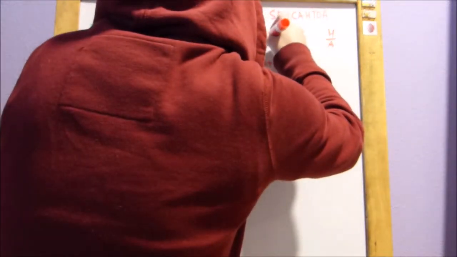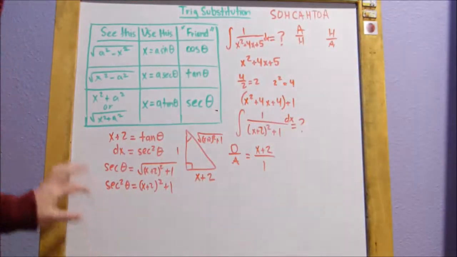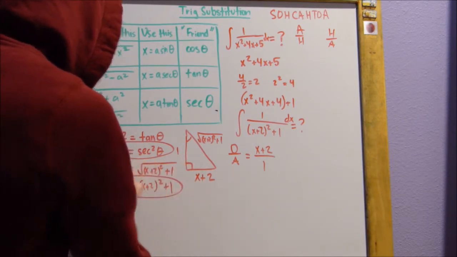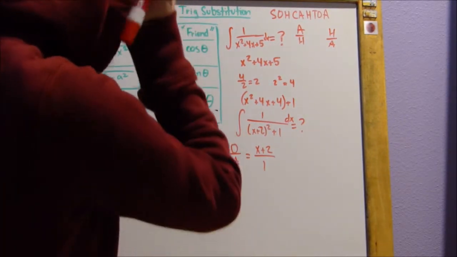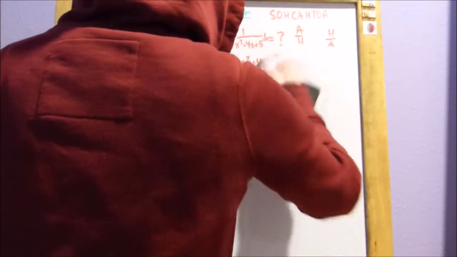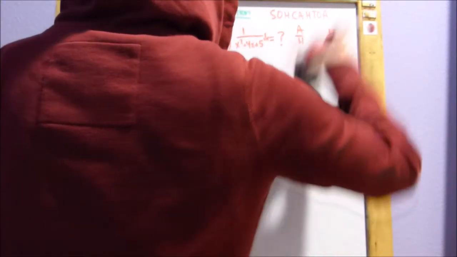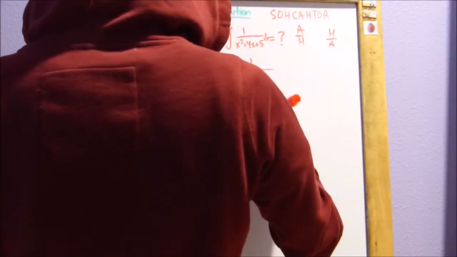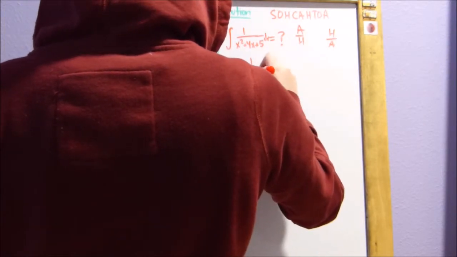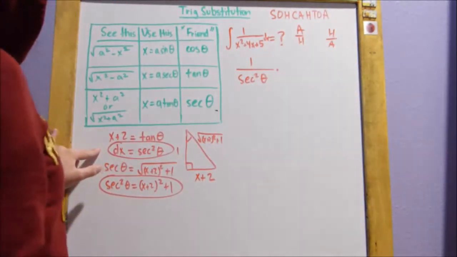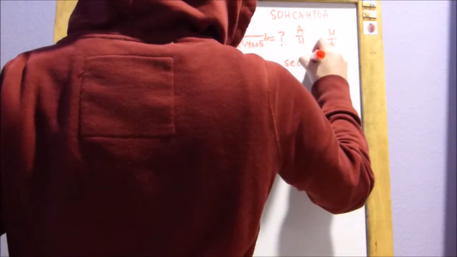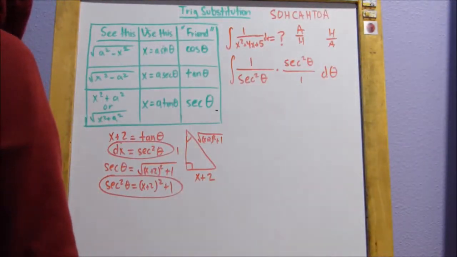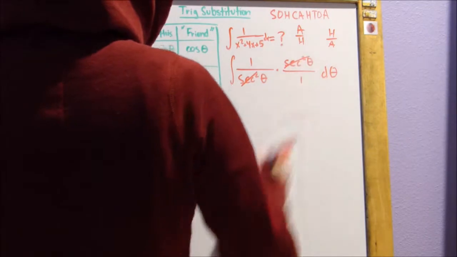Excuse me, I forgot a dx. Goodness gracious. So, now we have our dx to plug in, and we have our x plus 2 squared plus 1. Let me just erase this so there's still room to see it. So, 1 over secant squared theta times our dx, secant squared theta, integral d theta. And you'll notice this is another one of those problems where both of them just cancel out, so we get